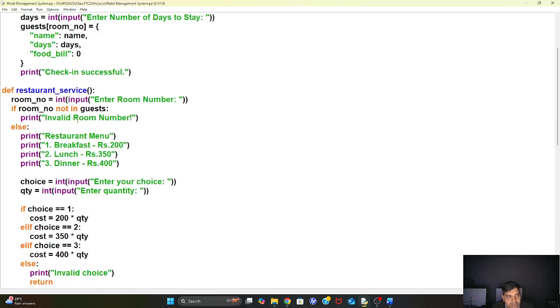So students, now you can see the next function is the restaurant service. Again in the restaurant service, we ask for the room number. If the room number is not present in the guest dictionary, then we print invalid room number. Else we will show the menu of the restaurant. The guest has to type 1 for breakfast, which costs rupees 200 in the menu. Second, by pressing 2 you can place an order for lunch of rupees 350, and by pressing 3 from the keyboard you can place an order for dinner, which is one unit, one person's charge, rupees